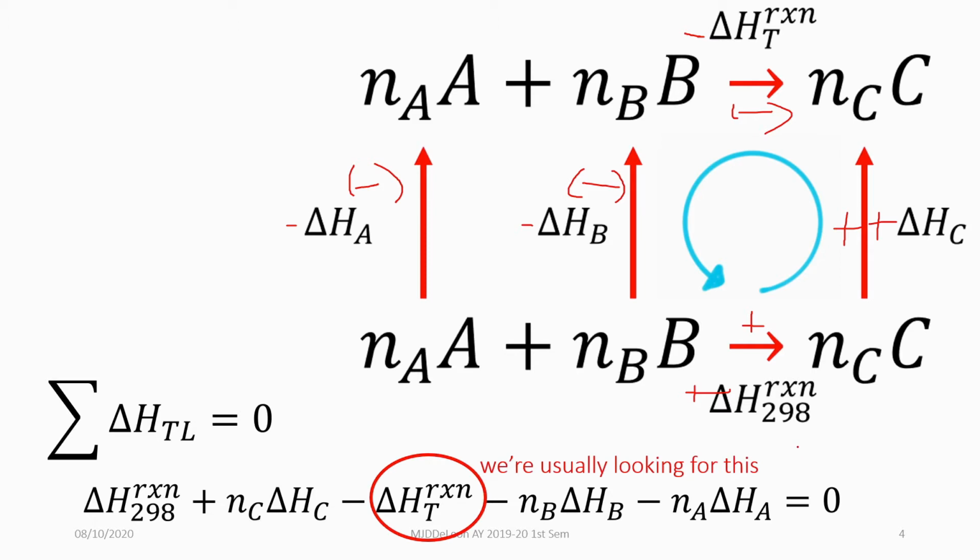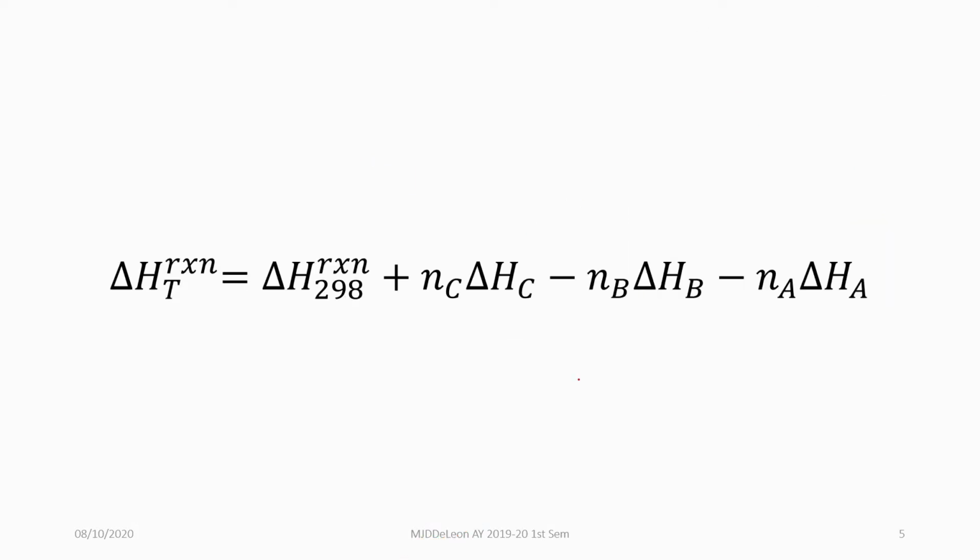We're usually looking for the delta H of the reaction at an elevated temperature. So, we can isolate that on the other side. And we'll get this one. So, ito na yung pinaka-thermodynamic loop natin. From the thermodynamic loop, we can get this equation. And mula dito, kaya na nating masolve yung delta H reaction at T. Since we can easily get delta H reaction at 298 Kelvin, NC delta HC, NB delta HB, and NA delta HA. Since ito lang naman yung reaction, so reaction enthalpy at 298 Kelvin, and the amount of heat needed to increase the temperatures of A, B, and C to an elevated temperature T,